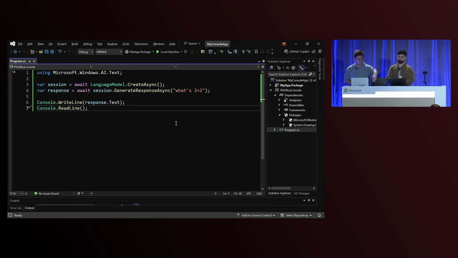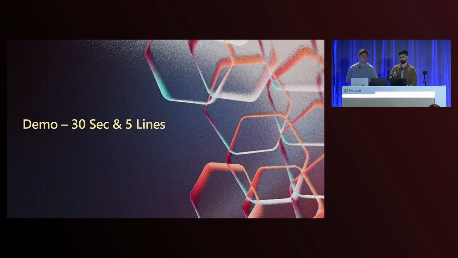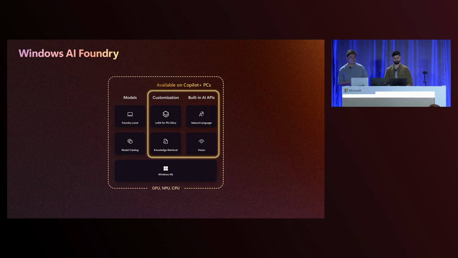So in this talk, you're going to learn about all the AI features you can build into your apps in just a few lines of code. What we showed is just one piece of a much larger platform that we call Windows AI Foundry. It's our unified stack to enable on-device AI in Windows. Now you probably have seen this diagram a few times already. Well, this session will specifically focus on this highlighted box. We'll talk about other built-in APIs, just like the PhiSilica prompt API that you saw from the demo, as well as some customization options that you can have on top of that.